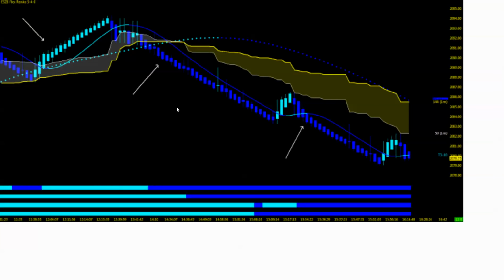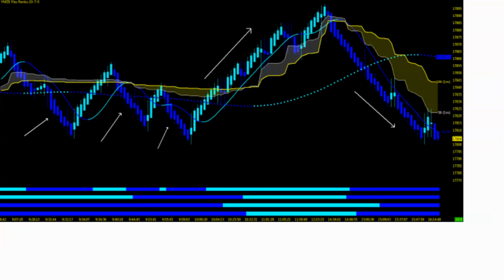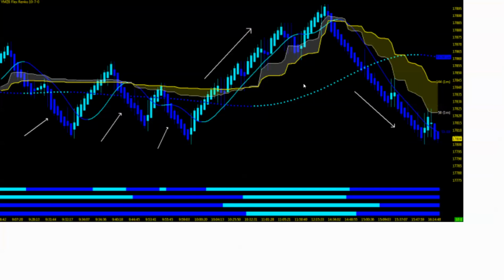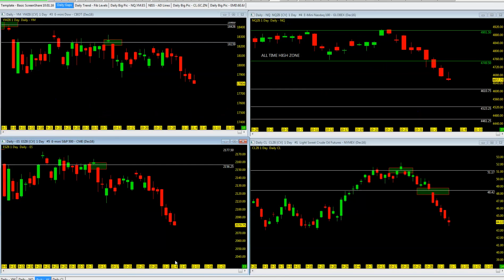Same picture here on the ES, little lift and back downside. Very smooth, very controlled. Couple little wicks, little pullback, but not pushing above the 5144. So the PM session pretty much to the downside. And there it was, YM not as grand today. A couple of entries in the AM session, and then as price action rode out the remainder of the AM session to the upside, it just didn't move as much to the downside. Again, if it wasn't moving as quick, you could have gone to a lower time frame. That's always an option. All right, so there it was, a lot of chop in the beginning, finally a pop, and yep, we finished with a drop to the downside.